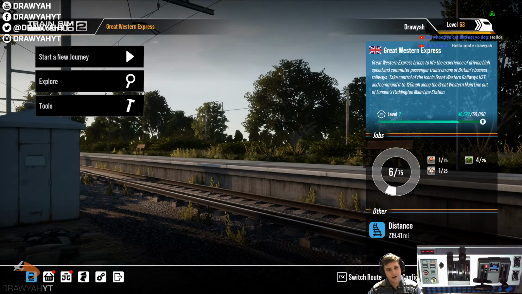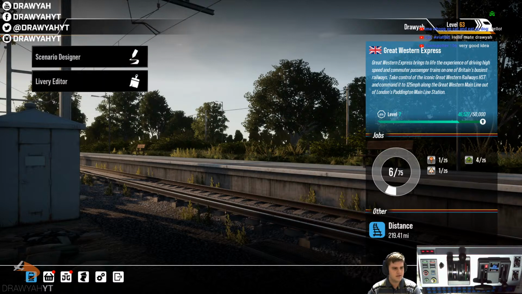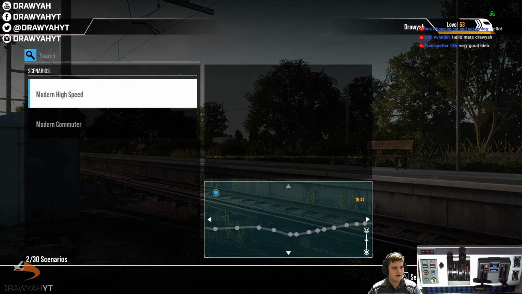So we'll start off the high speed run in the Class Fake 100, I'm calling it. We'll do a run from Paddington to Reading, then we'll have a look at the two trains in the editors, and then we'll do a slow commuter service from Reading back to London Paddington. So without any delay, let's jump into the tours, let's jump into the scenario designer, and let's do a run